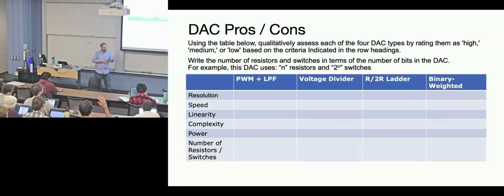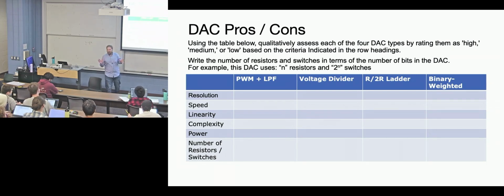So what do we think? PWM has best resolution. Okay, now let's come back to PWM. We can debate that one, that's gonna have a lot of arguments. What about the other three? Binary weighted because it has the least resistors. Yep, and then